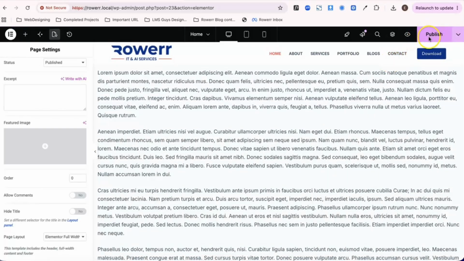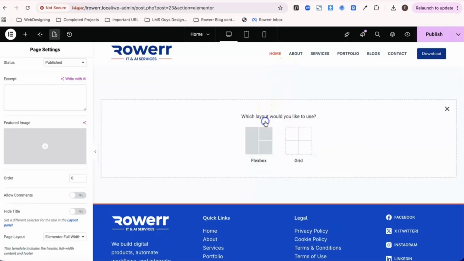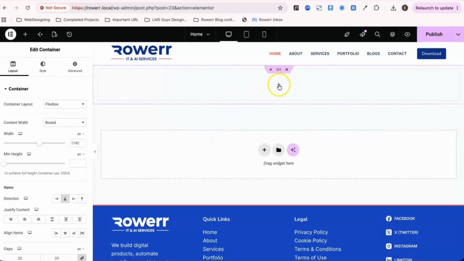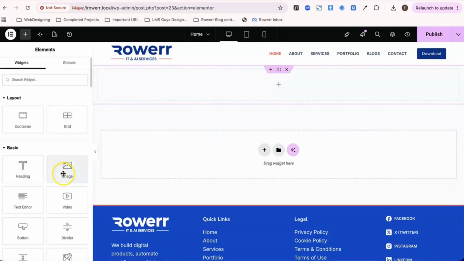Right now I will not deep dive into Elementor. We will explain about Elementor in the next video. You can see now the header is removed, and now I will remove this content as well. And here we will have a flexbox, and inside this we can add an image,